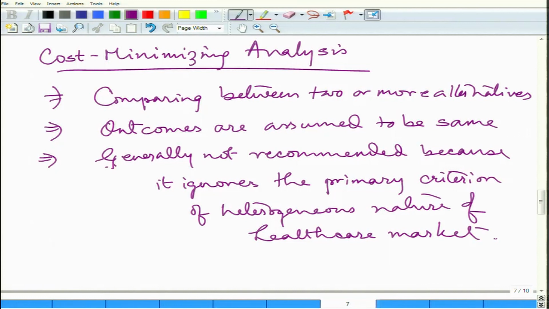So this is about cost minimization analysis, and we really don't recommend cost minimization analysis if